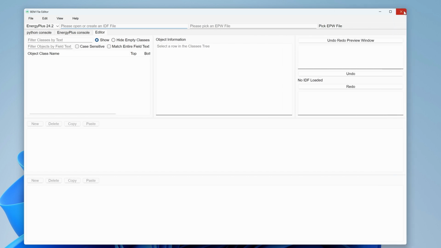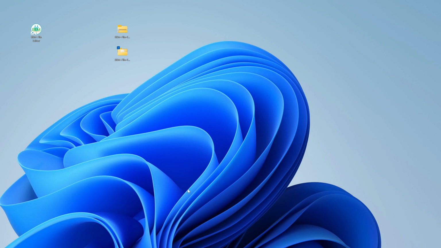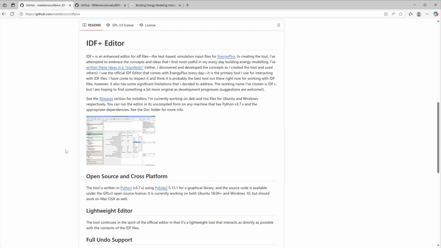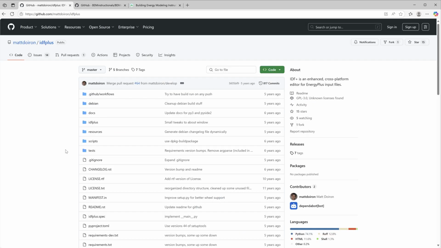One last thing before moving on. I do want to give a shout out to the project that inspired this. I think it was about 5 years ago, this person, Matt Iron, actually made a very similar project, and it also used PySide. It just hasn't been maintained for 5 years. Unfortunately, I wasn't able to resurrect the project and get it up and running again, but I just wanted to acknowledge that this was here. Now that I have all these open source obligations out of the way,